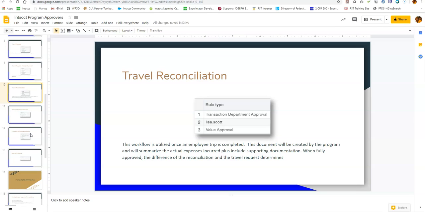Travel reconciliation. This workflow is utilized once an employee trip is completed. This document will be created by the program and will summarize the actual expenses incurred, plus include supporting documentation. So when fully approved, the difference of the reconciliation and the travel request determines the balance that will be owed by the individual if the reconciliation is less than the advance, the balance that could be owed to the person if the reconciliation exceeds the advance, or if they're equal, then no balance would be due. It'd just be a zero balance, and that would be the end of the travel or the end of the